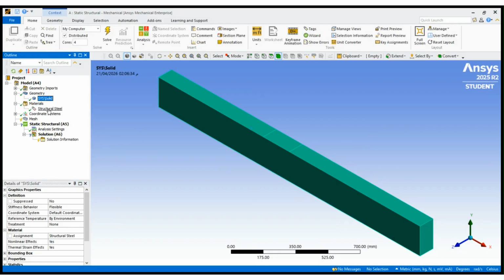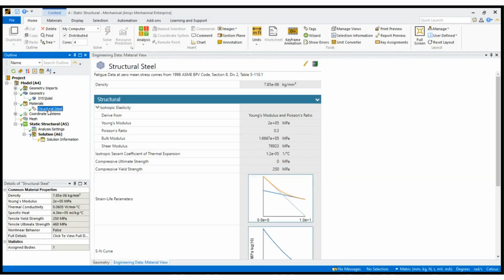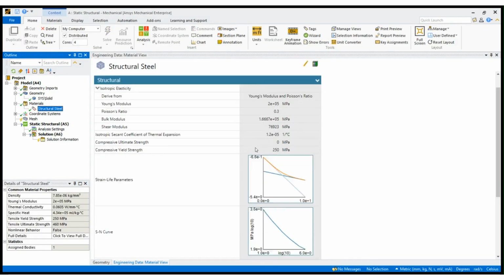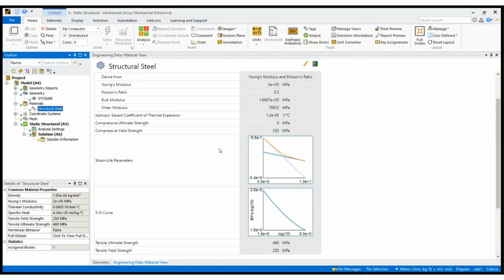Again, this was pre-assigned, so I didn't need to define any material properties myself. And in this case, I'm not modifying any of these properties. So our material setup is complete.